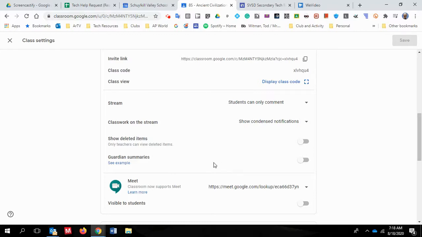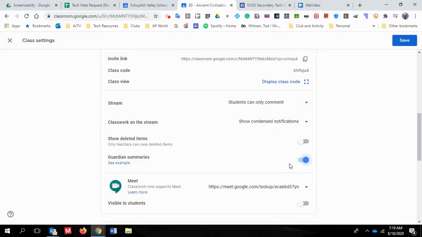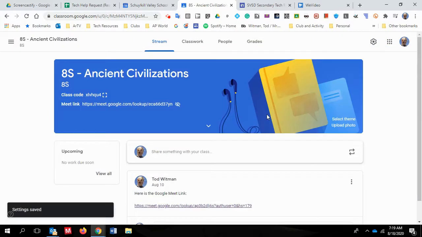We think Guardian Summaries is actually a really useful tool for parents. So we're going to recommend that you turn on Guardian Summaries. Add class to Guardian email summaries. Yes, add class. All right, and then you're going to have to click save, and now Guardian Summaries will be